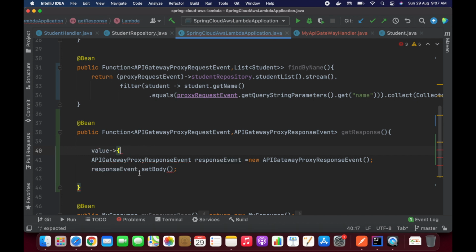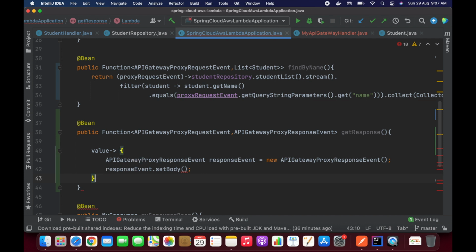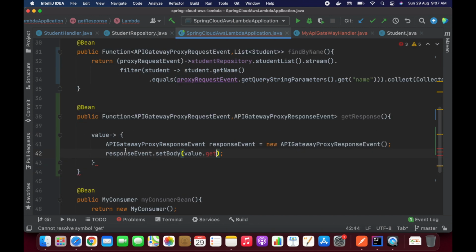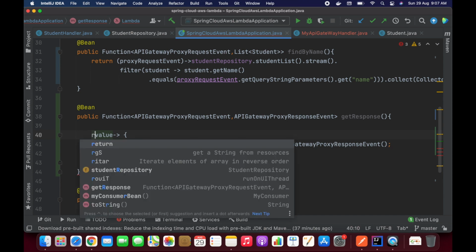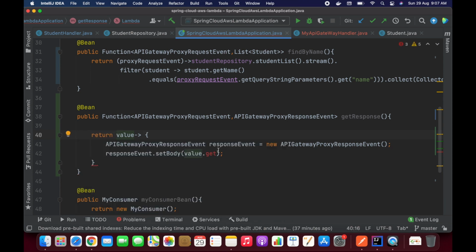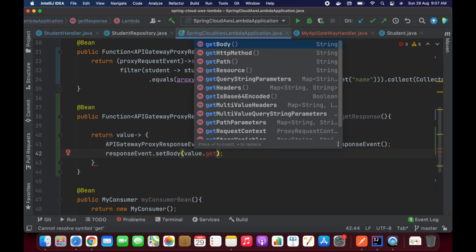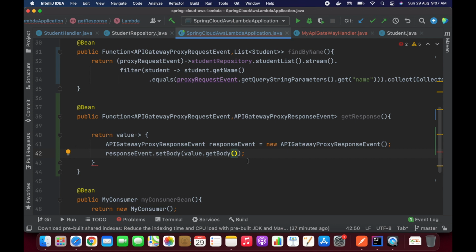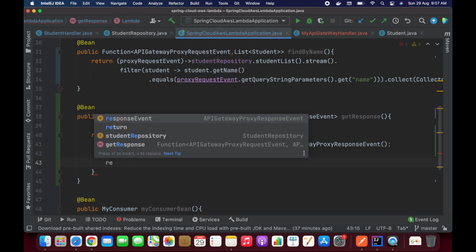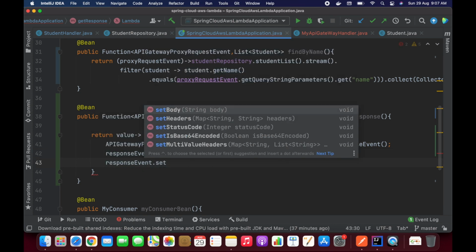Inside this body I'm going to write the logic. This value will have the body. Sorry guys, it should be written as value.getBody. Let's take responseEvent.setStatusCode.